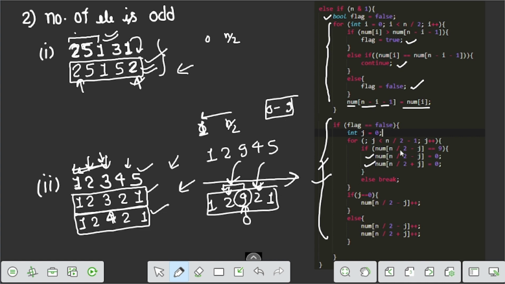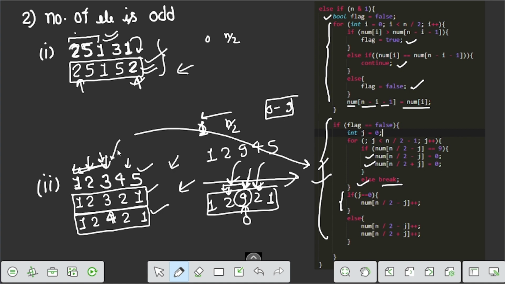But in the first case j is 0, so both point to the same index, and if there is no 9, we simply break the code.